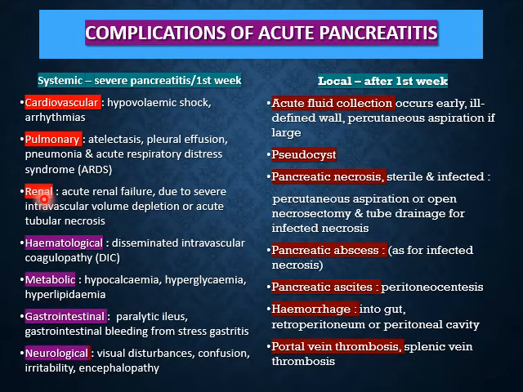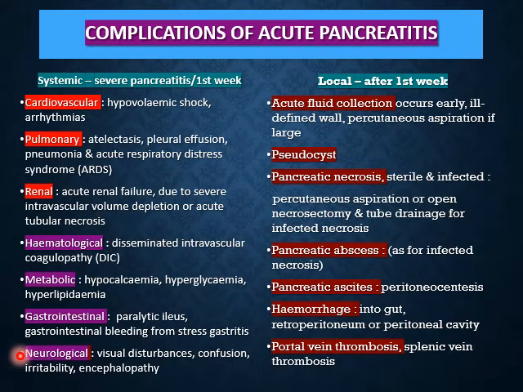Renal problems, acute renal failure, hematological problems like disseminated intravascular coagulopathy or DIC, metabolic problems, hypocalcemia, hyperlipidemia, gastrointestinal problems like paralytic ileus and GI bleeding from stress gastritis, and neurological problems where the patient develops visual disturbances, confusion, irritability, and